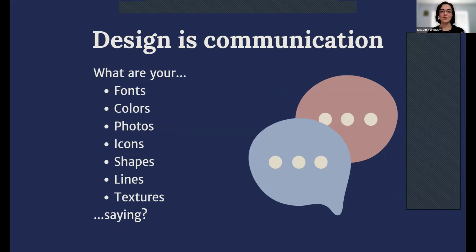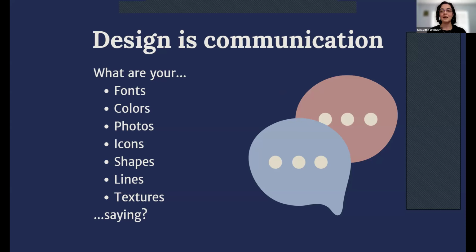So to go with knowing your brand's identity, you want to be communicating that with your design. So you need to be thinking about when you design anything, what are your fonts, your color usage, your photos, icons, shapes, lines, textures? What are they saying? What are the visuals of your posts saying? And when you think about this, we also need to be keeping all of those visuals consistent.